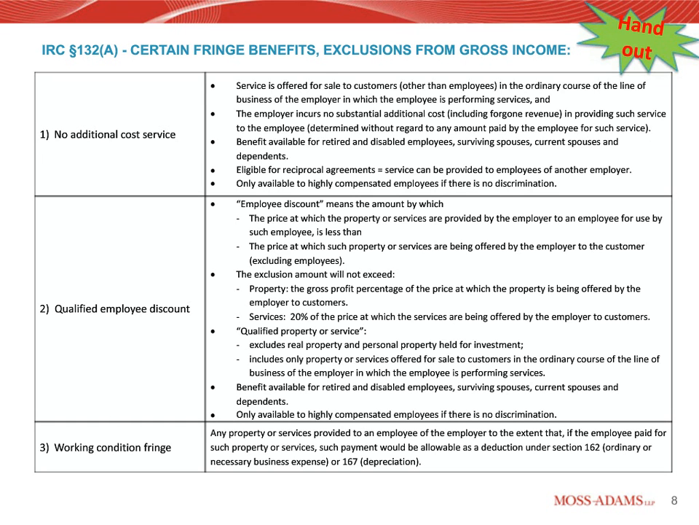Okay? So the second bullet point, or the second fringe benefit option, exclusion, that we have here is for our qualified employee discount. The definition is important. It's what anyone would expect a discount to be, which is the price at which the property or service are provided by the employer to an employee for the use by the employee is less than the price that you're charging